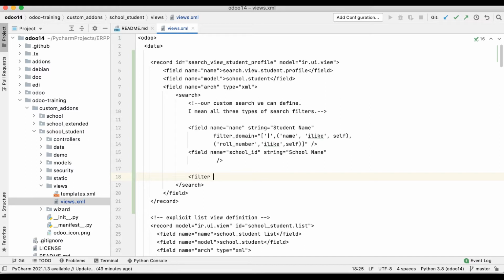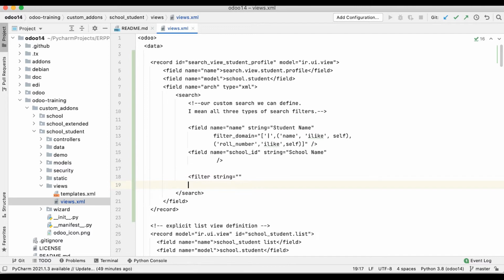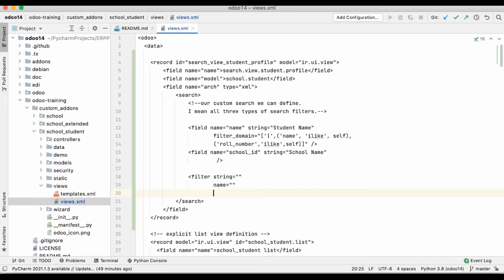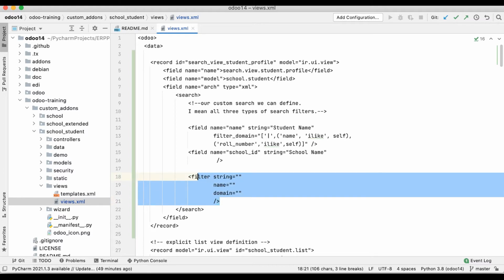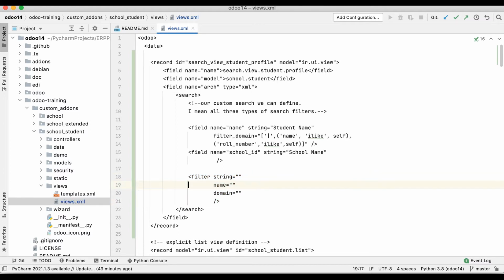That filter tag has some useful attributes you have to always use and remember: string, then name, and here we always use a domain, and then we can close this filter tag. So that's it to define a custom filter in the filters menu.